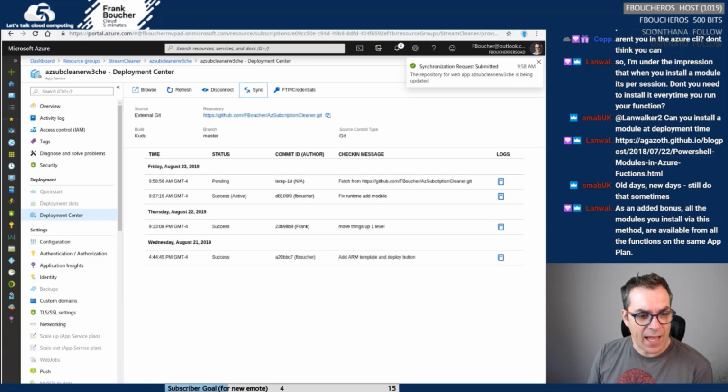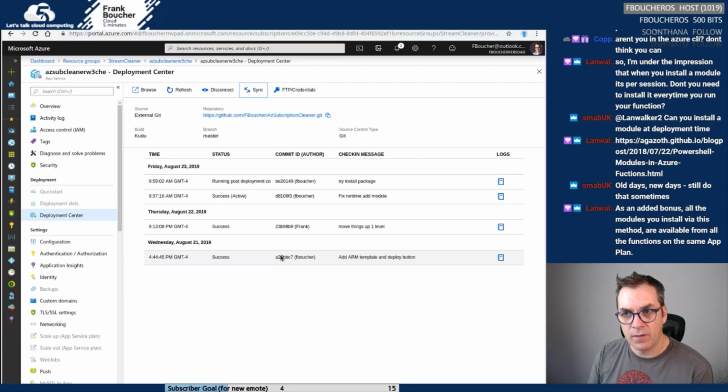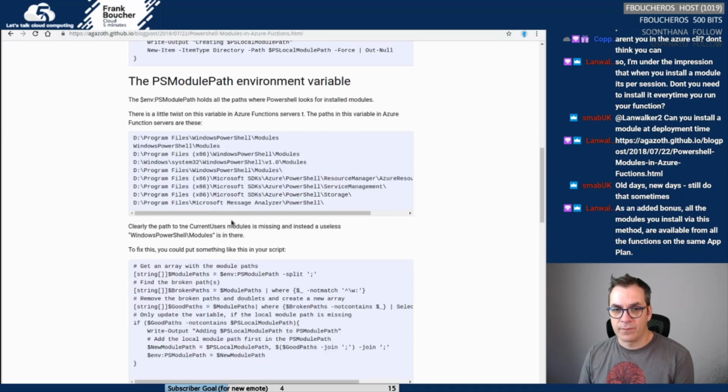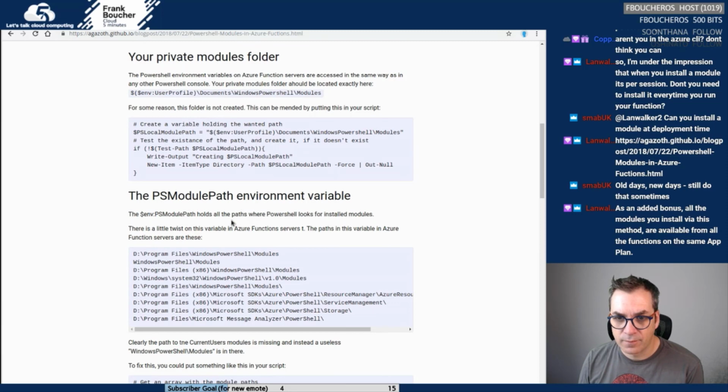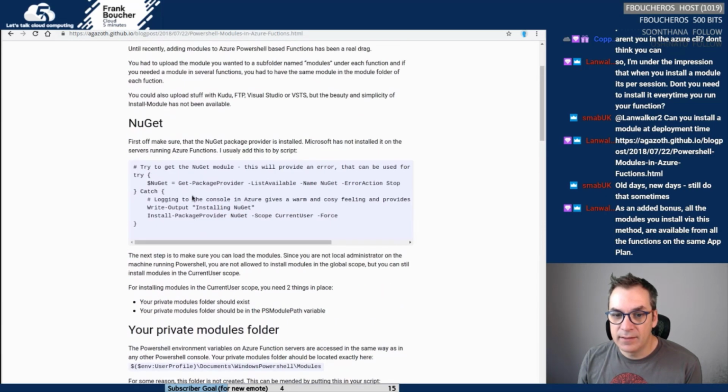So as an added bonus, all the modules you install via this method are available from all functions on a consumption app plan. Okay. My problem with that is